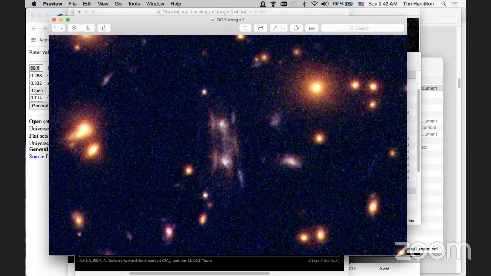See this little faint one here? That one is kind of linear. All right. How do I know that that's not being lensed by something else in this cluster? Well, it could be distorted heavily, stretched out, and it's so short I can't tell if it's an arc or not. What you would look at would be to see if there are others nearby which are also arced